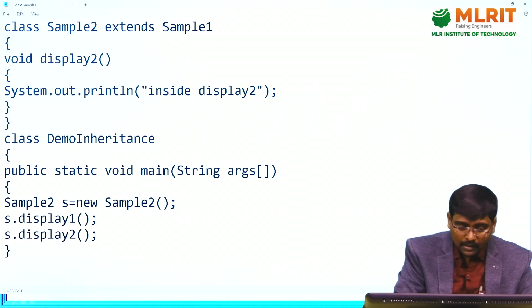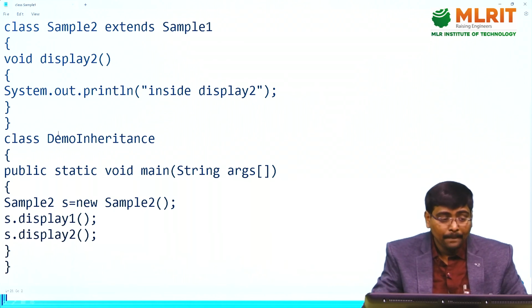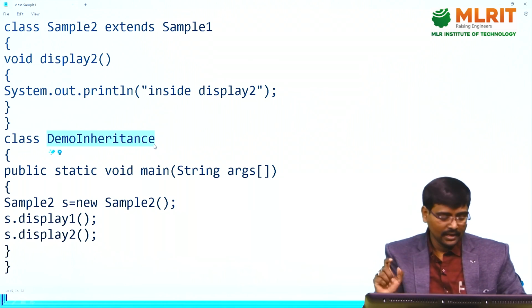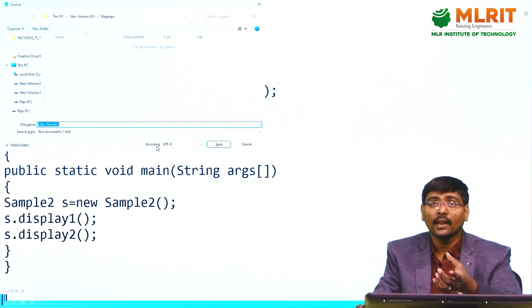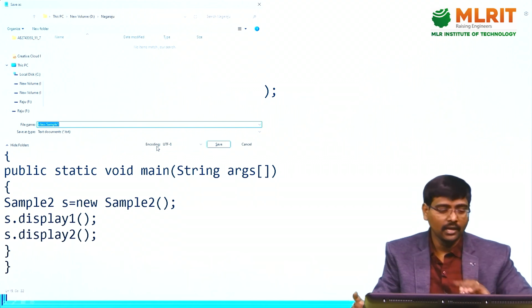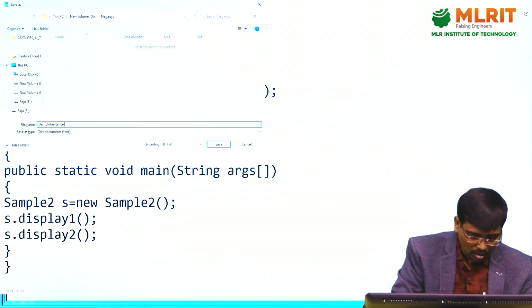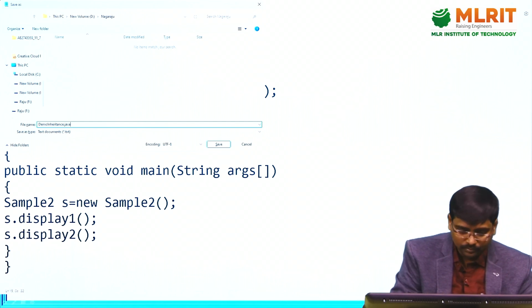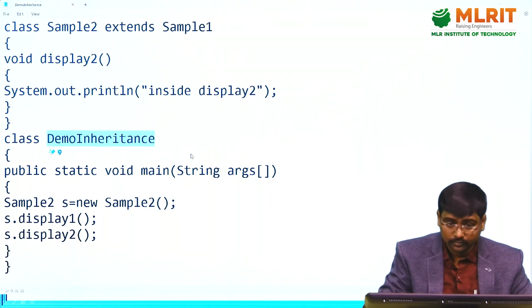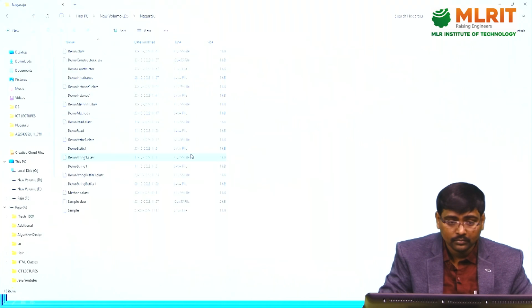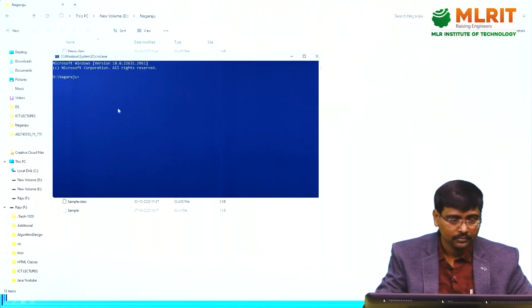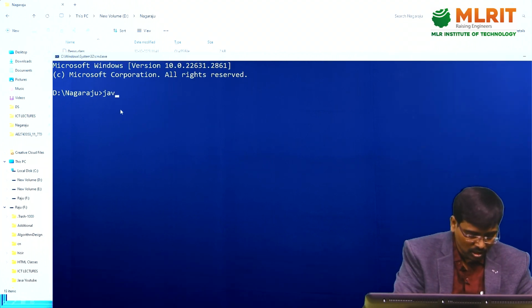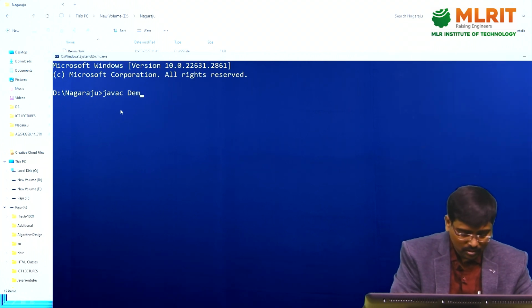Anyway, remember, by using a parent class object, it is not possible to create and access child class members, right? Dot java. Now go to the location, command prompt, javac demo